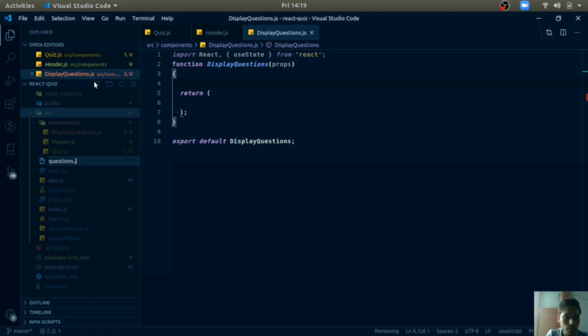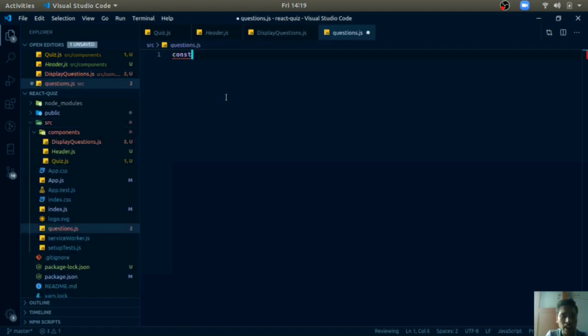Okay, now let us create a file in the src folder, questions.js. Here just create an array of objects, const questions equals to an array, and inside that we will have some objects. Each object will have a question property which will have a string containing the question. For example, which team won the IPL 4 times.